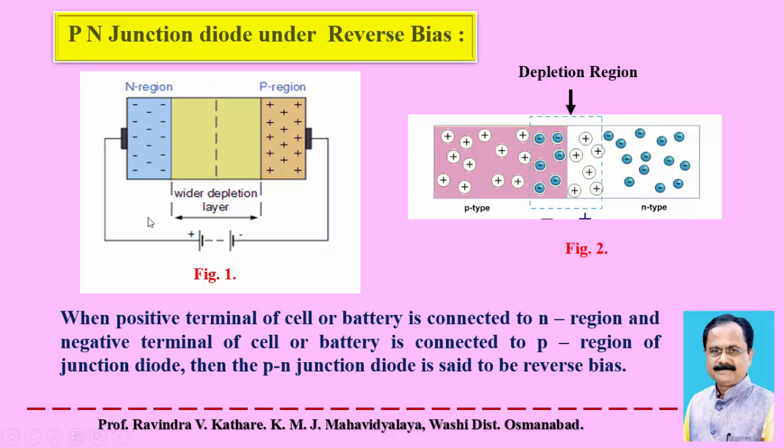In this reverse bias, majority charge carriers in the n region, meaning electrons, are moving away from the junction towards the positive terminal of the battery, and majority charge carriers in the p region are moving towards the negative terminal of the battery. Then the depletion layer width increases and the resistance of the junction increases. As a result, the holes in the p region and electrons in the n region cannot cross the junction. Therefore, the flow of current in the diode is almost stopped.